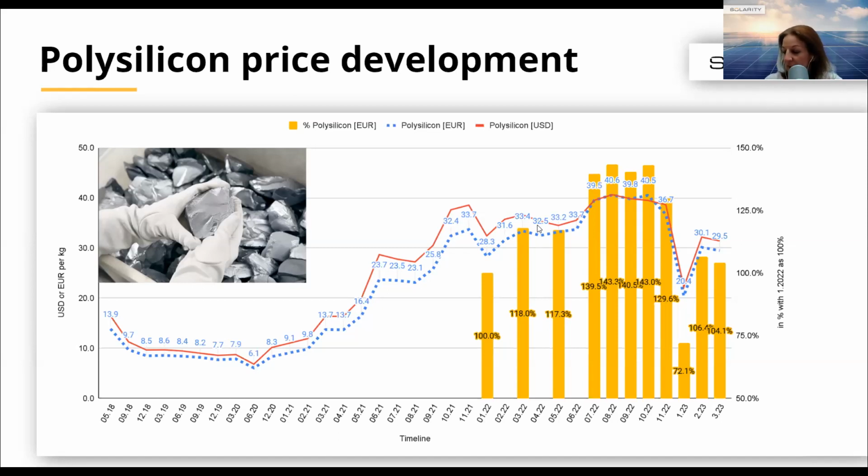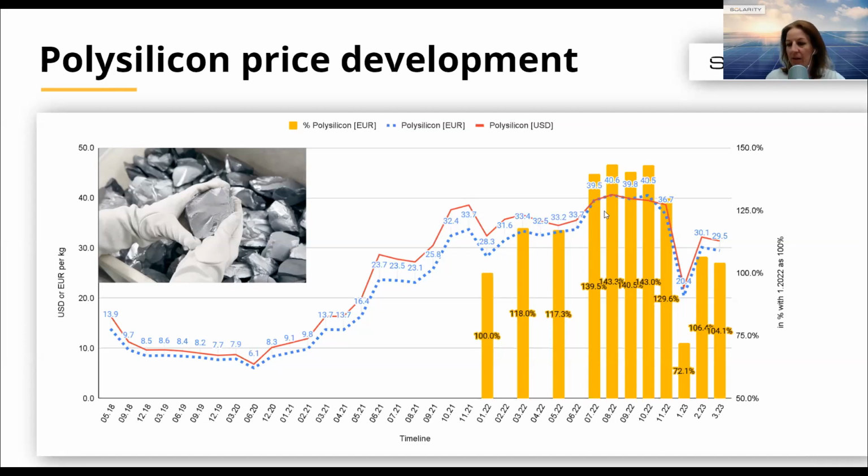You know that polysilicon is the key raw material. So without polysilicon, there will be no modules. So this is the main information. How is it with the price? So far, you could see that it starts to be stable again. We do not have any information that there should be another price drop. Mostly it will be stable, but let's see what another quarter will bring to us.